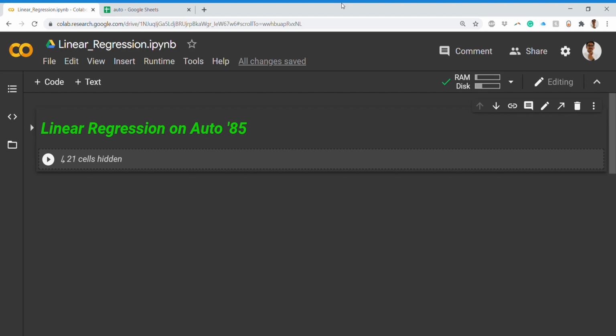So today what we'll be doing is we'll build a machine learning model. Basically it will be a linear regression model. So we have seen the conceptual videos on different machine learning models like logistic regression, linear regression, SVM, neural networks, and many others. So I thought let's construct a machine learning model with the help